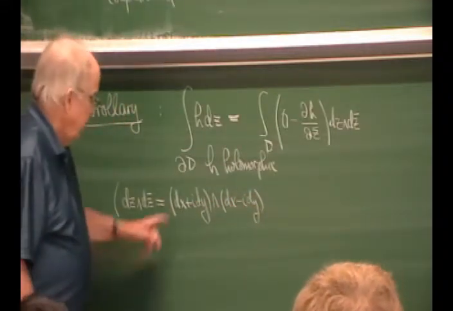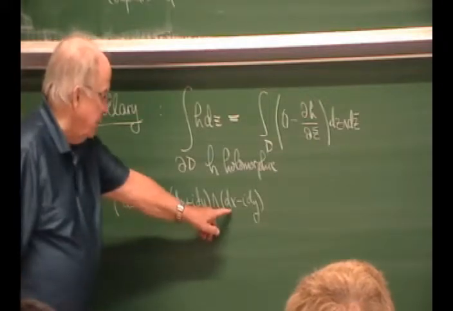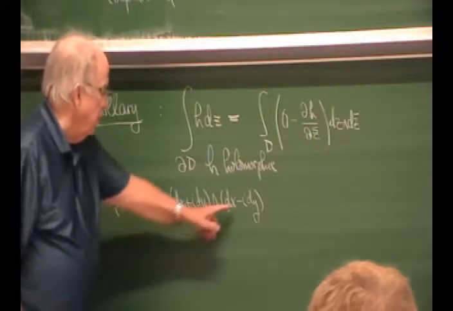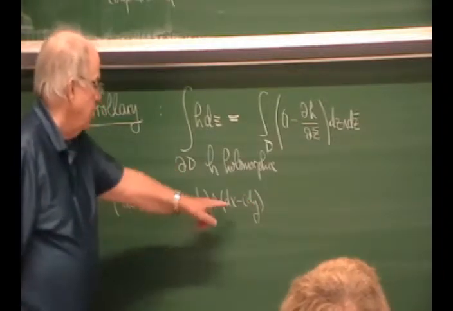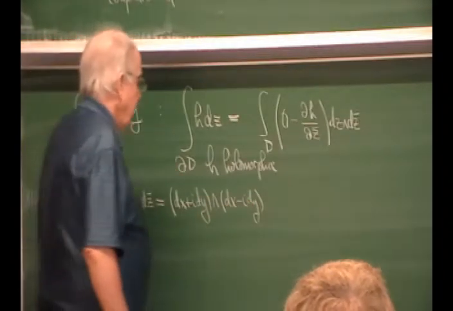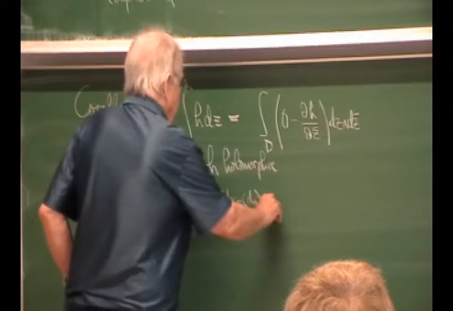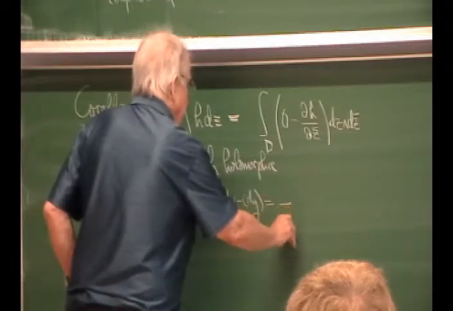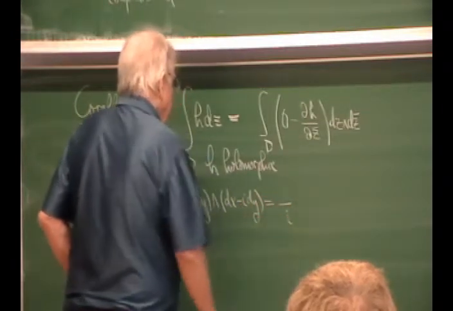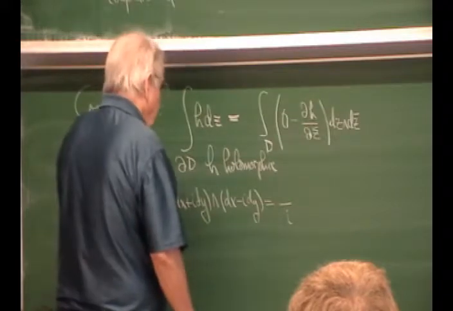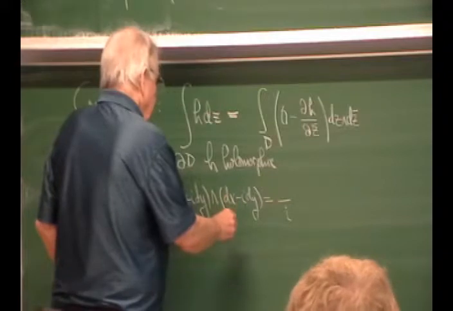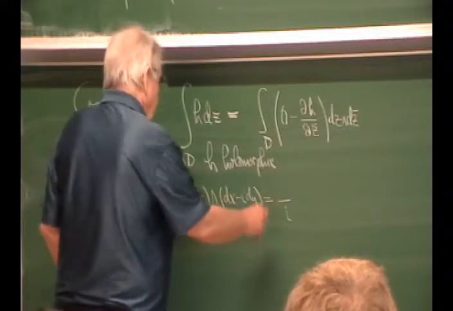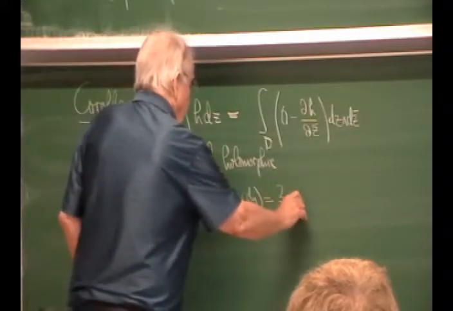And now dx wedge dx is 0 because it's alternating. dy wedge dy is 0 because it's alternating, so you only get dx dy, and with a minus sign, and minus i is 1 over i, so you put that downstairs, and now I think I get the same, yes, we have the same thing here, and so we got this,